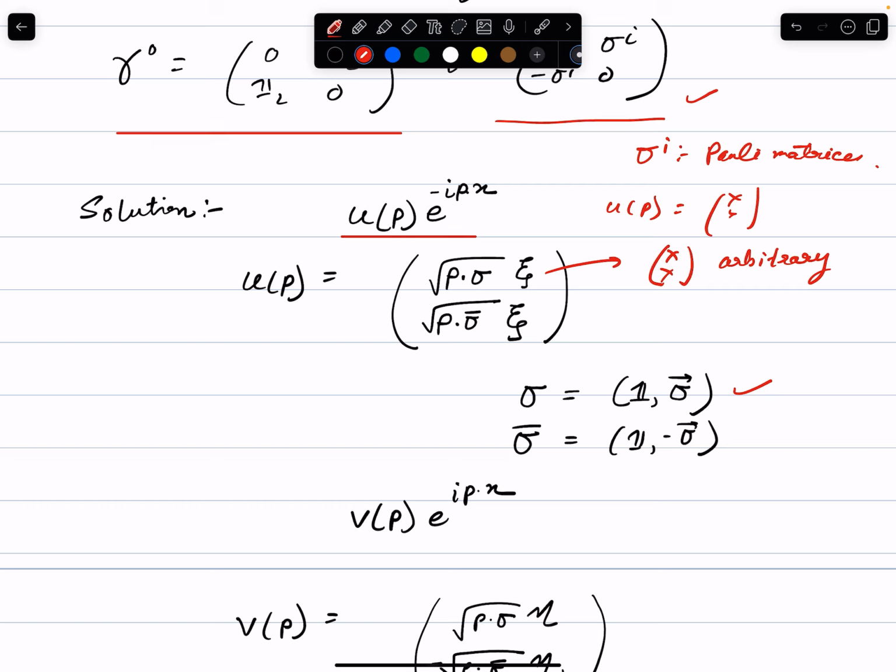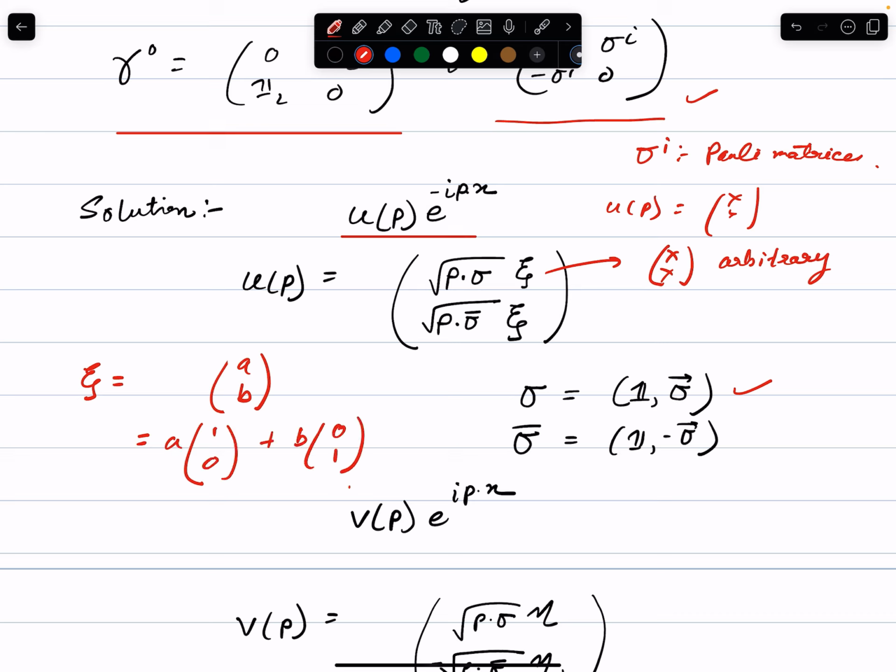Any xi will give me a solution of the Dirac equation. And if I consider the most general form of xi, it would be some linear combination, some A B, where these are arbitrary complex numbers, and you can write it like A (1, 0) plus B (0,